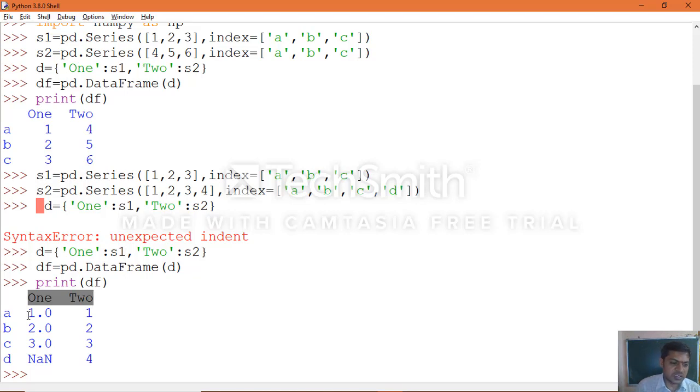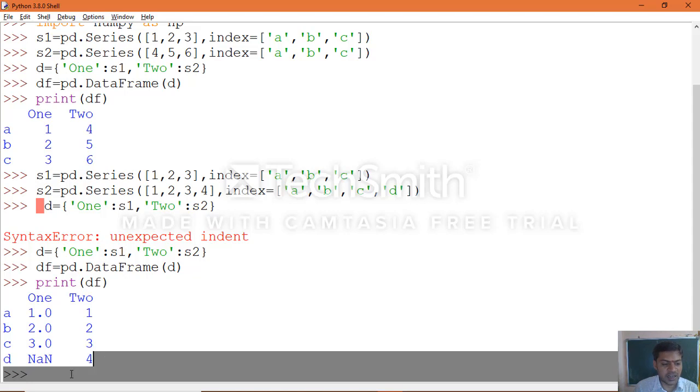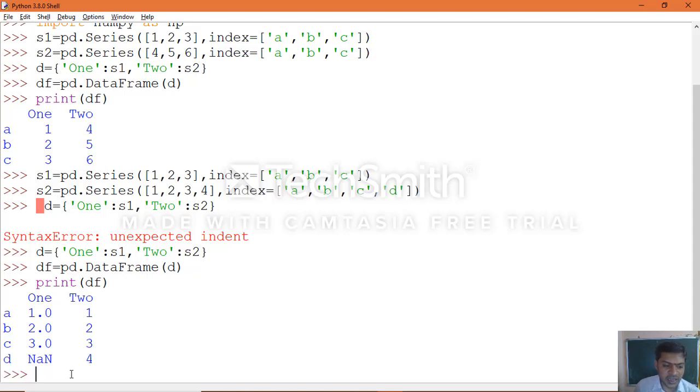That is why the values were taken as floats 1.0, 2.0, 3.0. So our missing values will be represented in the form of NaN. NaN already we know means not a number. Now we come to know how we can make use of series objects.